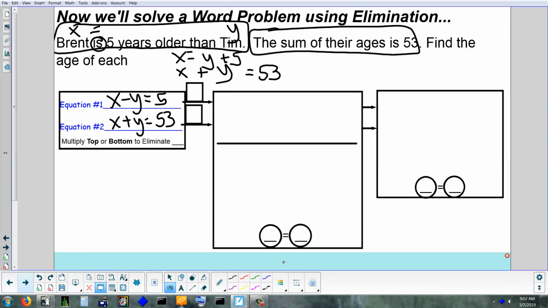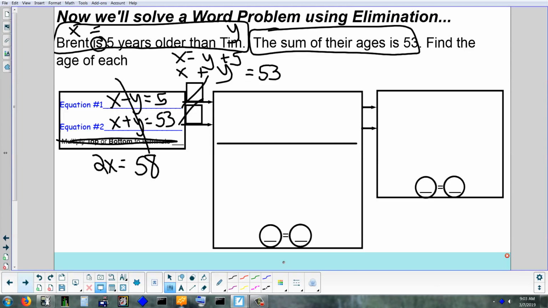I think tomorrow, guys, on the test, I don't think you'll have this template. I think it'll be the other one. All right? So I'm just going to do some work under here. I don't need this because I'm not multiplying. So Joe, this first step, what am I going to do? Eliminate what letter? The y's. The y's are going to cross out. And what else is left? The x. How many x's? 2x equals